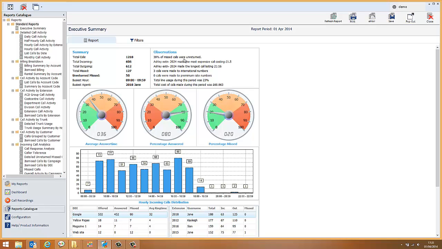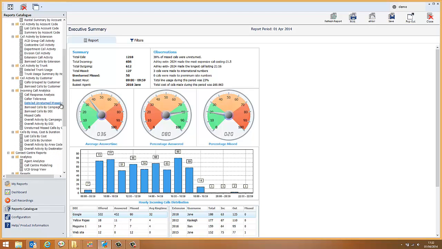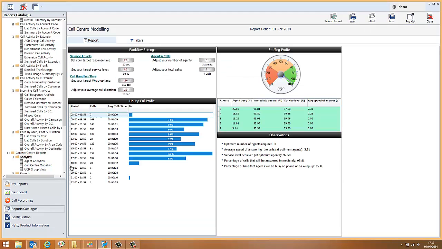So within the system there are lots of reports. A really good one for a contact centre is contact centre modelling. What this report allows you to do is to look at your staffing levels based on your historic data. Once your account's been live for a little while and you have some historic information, we can choose a